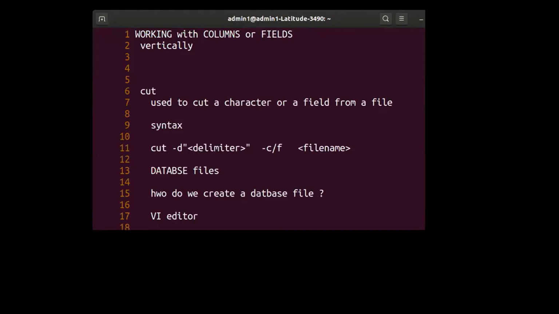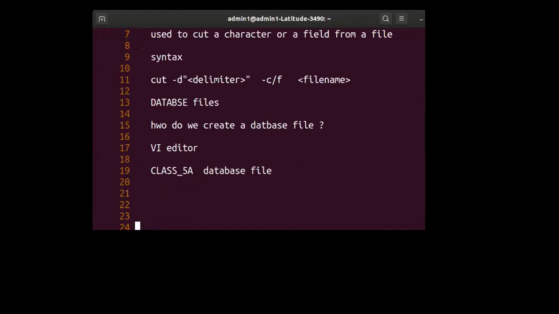So this is going to be our database file called class_5A, and then we are going to store the following information.